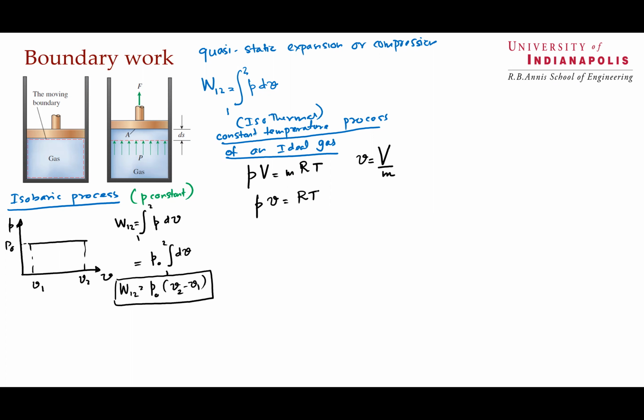And now we can obtain that P is equal to RT over v. Now that's a relationship between pressure and volume. And I'm going to substitute this in equation 1, W1 to 2, for a constant temperature process of an ideal gas. So for an isothermal process, I can write,